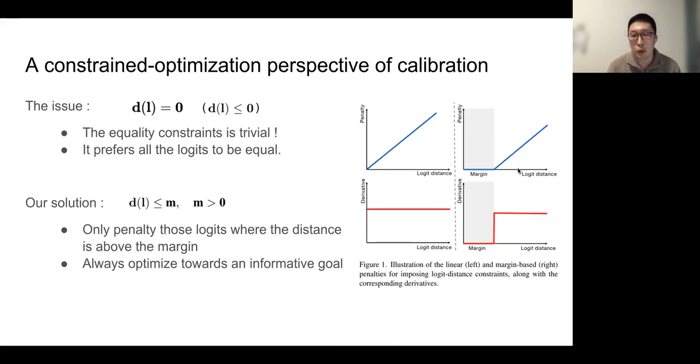In our case, we only penalize the logits where the value is larger than a particular margin, which makes more sense. We will show that the left solutions are much more sensitive to the choice of the balancing weight, and our method is robust to all the hyperparameters we introduced.